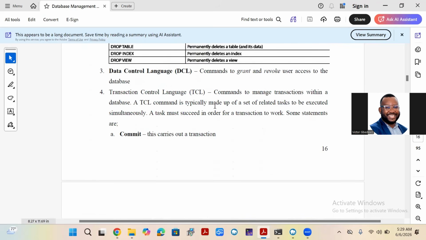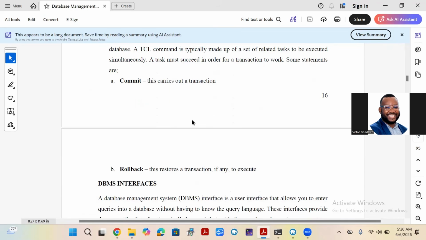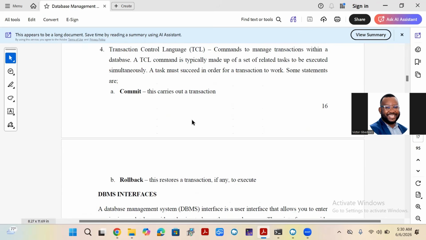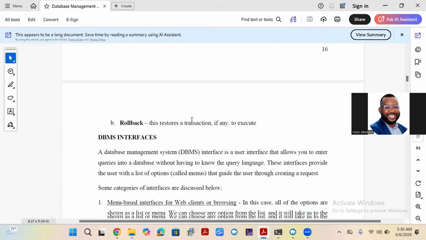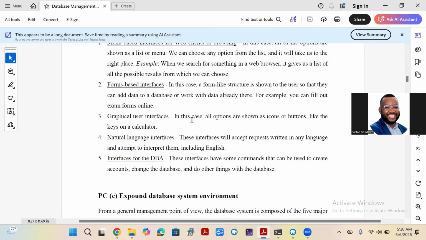Then we have the transaction control language. This is also used to control transactions. Now we have commit, we have rollback. So these are very few commands that we use in controlling the transaction languages. All right, good. So we move to